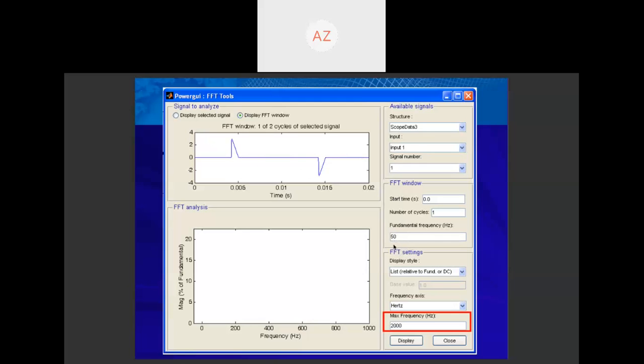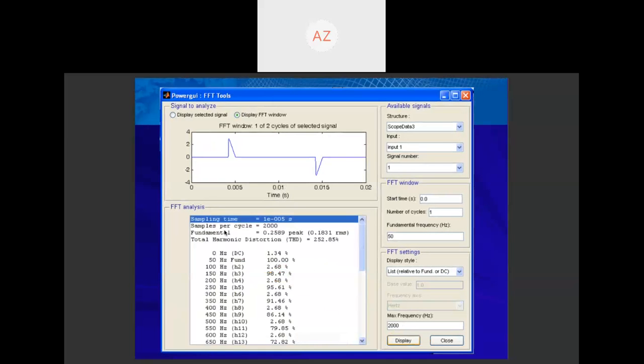Then since we set the fundamental and maximum frequency, you can click display. Look at the FFT analysis. It will show the total harmonic distortion level for this supply current waveform.